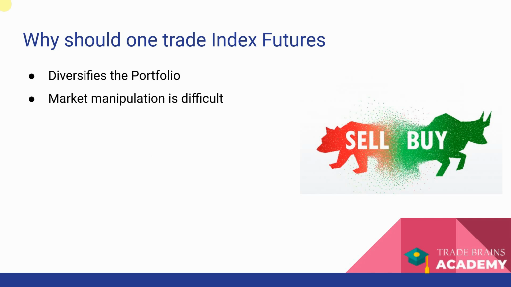The market manipulation becomes difficult. How does that happen? If I were to trade a share of a particular company, it is very easy for a major player in the market to manipulate the share prices, which is not allowed, but it is still possible, and it might impact my profit and loss. But if I am trading the index as a futures contract, it is very difficult to manipulate, because the number of players is large, plus the contract value is much bigger compared to individual shares or stocks in the market.